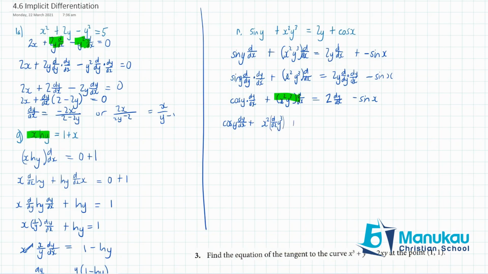Plus, then I'm going to have my v, y cubed, and then I'm going to apply d dx to my x squared. And then I've got this bit here, which I've already completed. Now, next line, cosine y dy dx, whoops, does not equal, plus, now, the x squared, and I'm going to apply